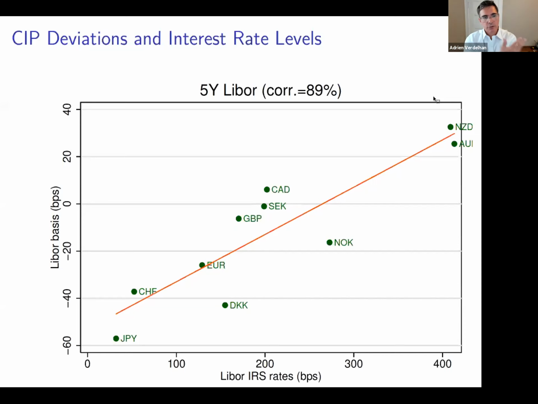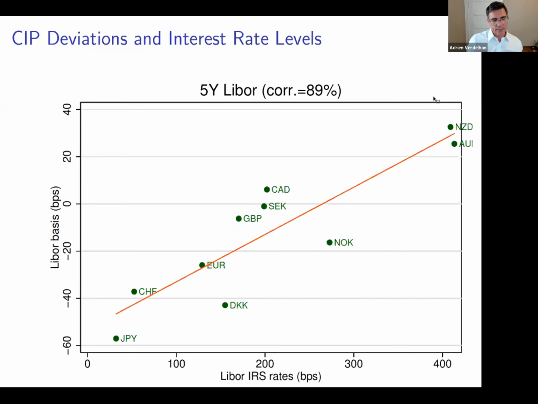Maybe one intuition is the following. Think about all those Japanese institutions. They face a very low interest rate. They would like to invest in the US, maybe in the US bond or corporate bond markets, but the exchange rate is very volatile, so they want to hedge the exchange rate risk. So they go to one of those big investment banks in the world, and the investment bank says, I'm going to sell you the forward contract you want to hedge the currency risk of the US dollar, but I'm going to charge you a premium because it costs me something to do so.